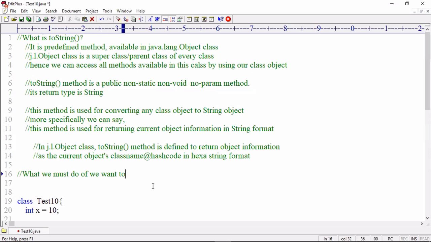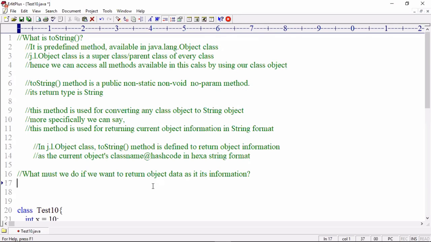if we want to return object data as its information? What must we do? Anything is okay. What must we do if you want to return object data as its information? The super class given functionality is not satisfying our requirement. What to do? We must